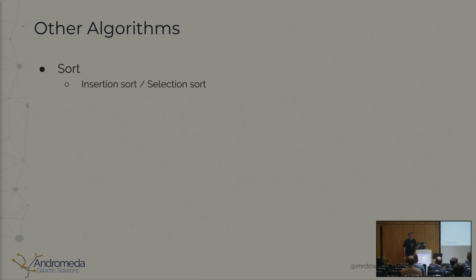This exists in every single imaginable area. Different sorting algorithms, insertion sort, selection sort, quick sort, merge sort. Which one is better depends upon our data. Does anybody know which sorting algorithm JavaScript uses under the covers if you just do array.sort? Quicksort? Anybody else? What? No idea? The answer is,